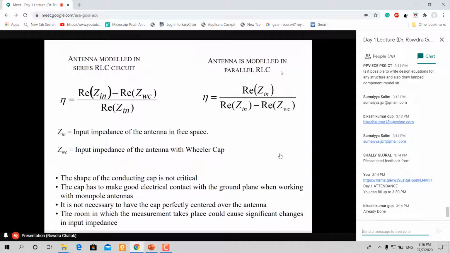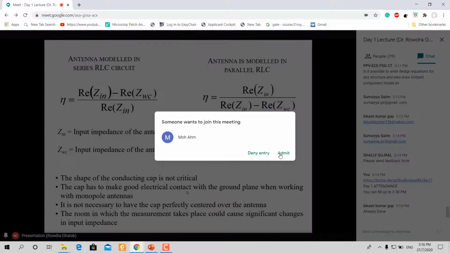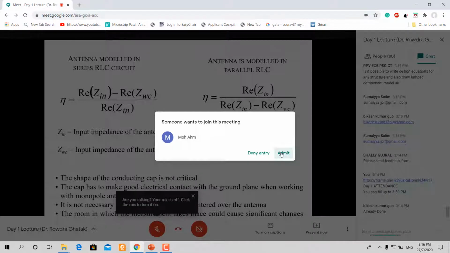The shape of the conducting cap is not critical. Spherical can be taken, hemisphere can be taken, and it can be cylindrical also. The radius is generally lambda by 2 pi. The cap has to make good electrical contact with the ground when you put it. In fact, you can take any steel container, a 500 grams steel container for baby foods,